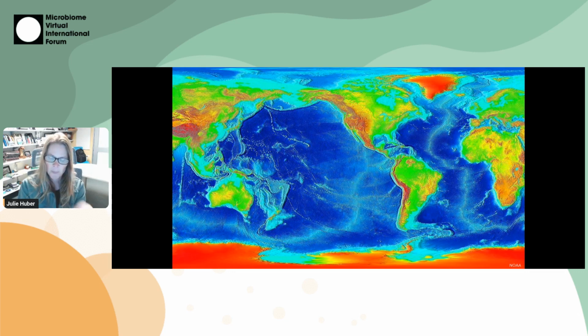And many of these features that you see on the seafloor are formed through the process of plate tectonics, where you have new oceanic crust being formed at mid-ocean ridges, or you also have plates spreading apart and getting hydrothermal vents, and you have plates slamming into one another, and all sorts of cool processes happening that create volcanic activity. And in fact, about 75% of all that volcanic activity on Earth occurs underwater.